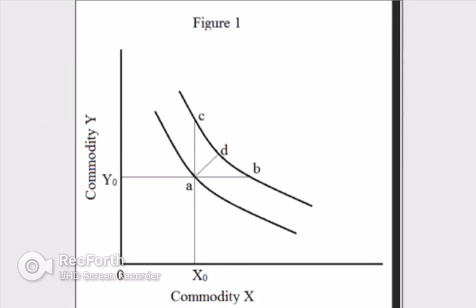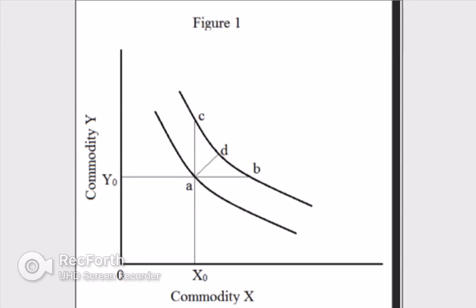Okay, so we're going to be having a look at indifference curves, which basically show a person's preferences between two commodities. So I've just got a random graph showing indifference curves from the internet, showing commodity Y and commodity X. And they're basically the variations of those commodities at which someone would be indifferent to receiving on the same indifference